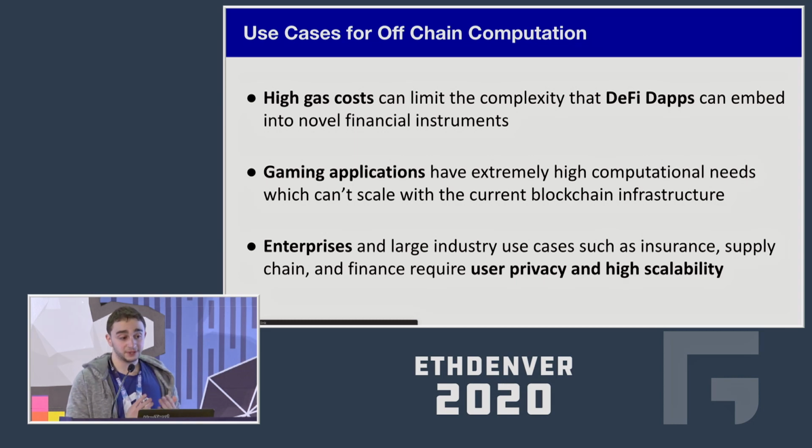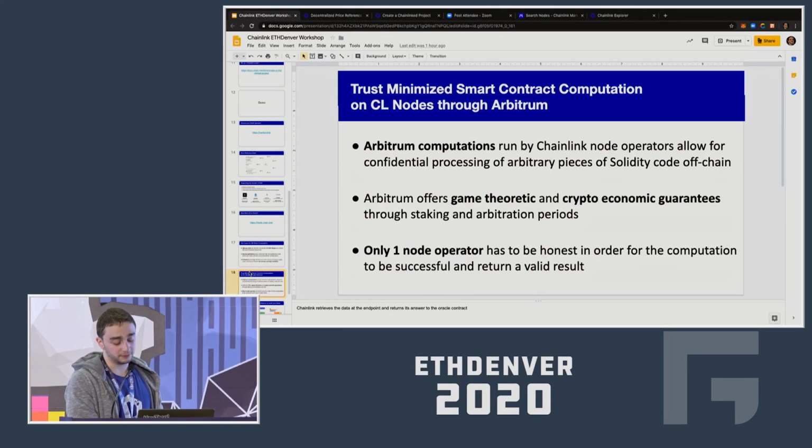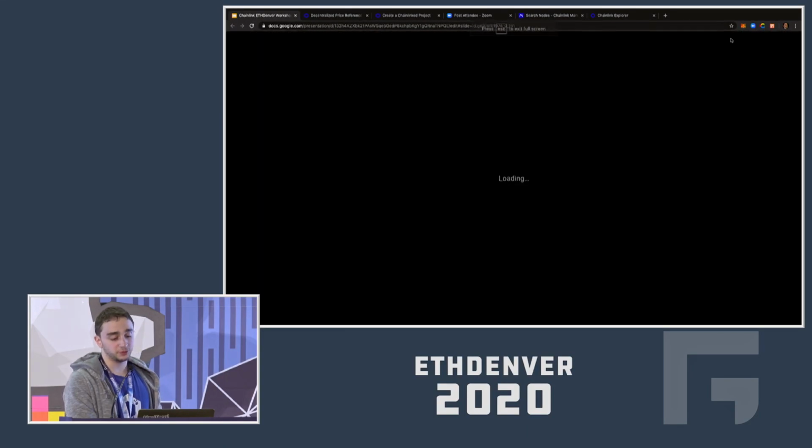And that applies for DeFi, that applies for gaming, that applies for enterprise use cases. You need scalability, you need privacy, you need all of these key components, right? And at Chainlink, what we've been working on is actually being able to have these node operators, which I showed you earlier on this marketplace, compute these extremely important pieces of computation off-chain and return on-chain a provably secure result.